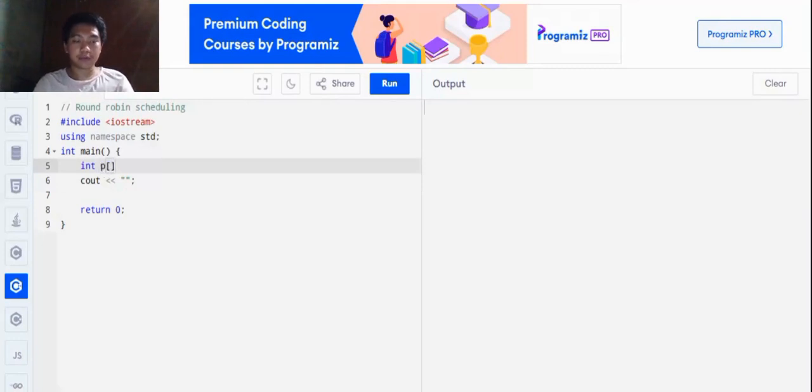P is for process ID, AT is for arrival time, BT is for burst time, WT is for waiting time, TAT is for turnaround time, CT is for completion time,